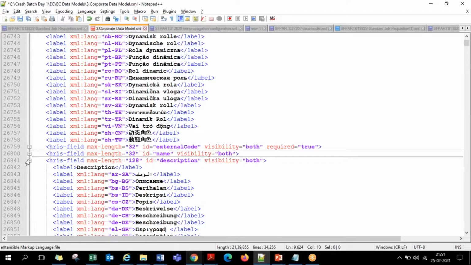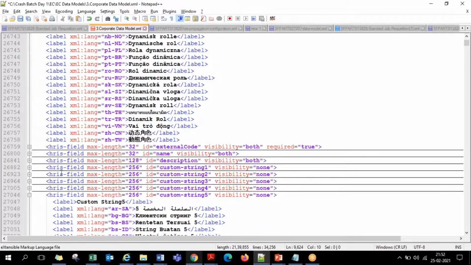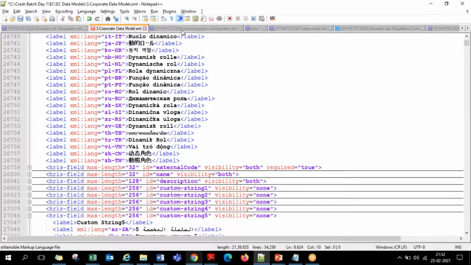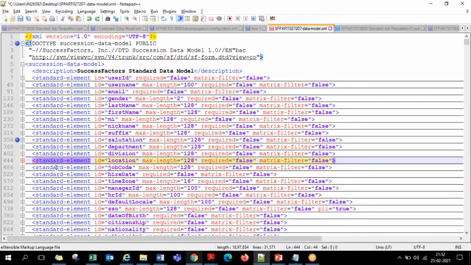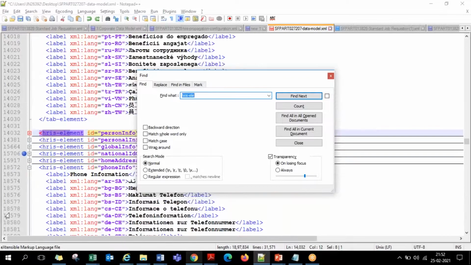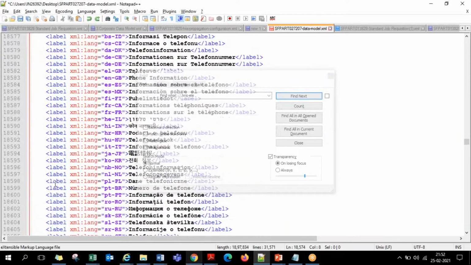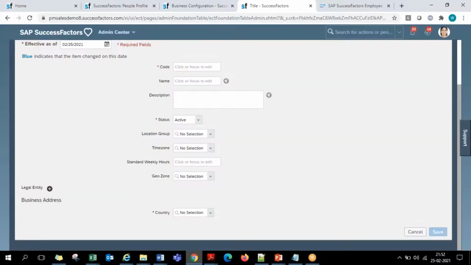Any field in these portlets will be an HRIS field. Even in the succession data model it's the same. So when you expand the portlet, for example the phone information portlet, you have the HRIS fields. Okay, clear. Thank you.